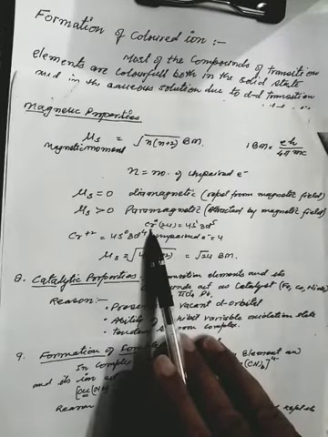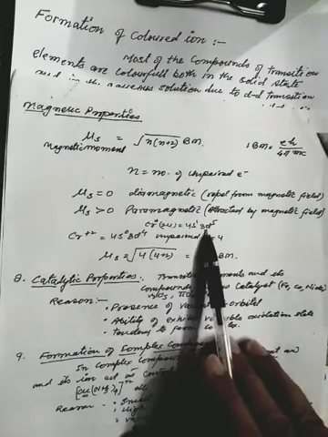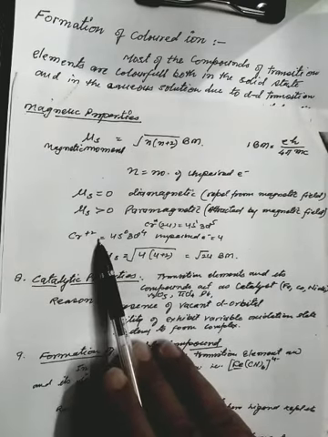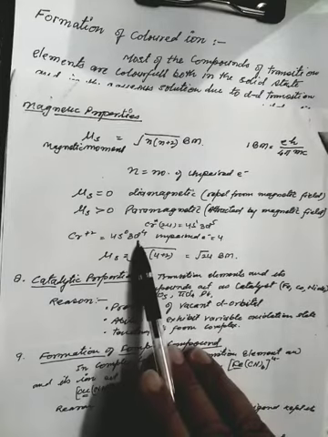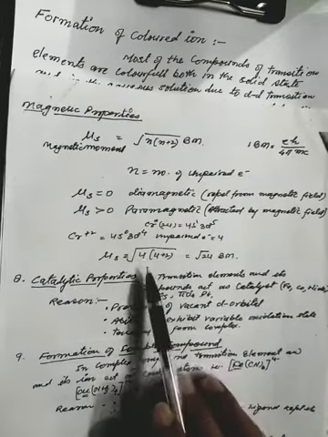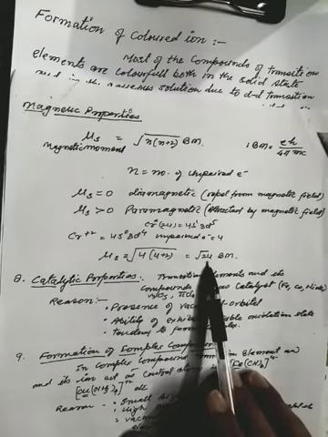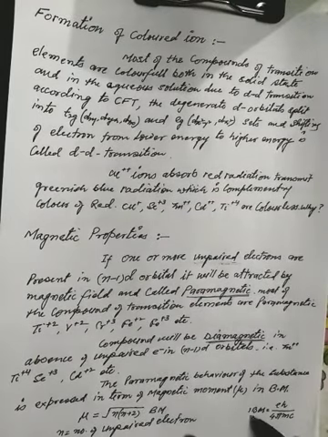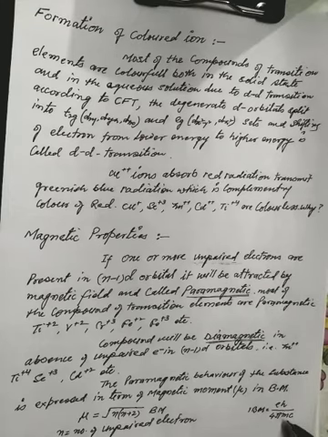If we are talking about chromium 24, it has 5 electrons in d subshell. Is it okay? And we are talking about Cr2+. So after loss of 2 electrons, it will have 4 electrons in d subshell. So if we write 4 here, we will get under root 24 Bohr magneton, and it will be paramagnetic. Now take the screenshot here, and here 1 Bohr magneton I have expressed as eh upon 4 pi mc. e is the charge of one electron, h is Planck constant, m is the mass of electron, and c is the velocity of light. Take the screenshot.